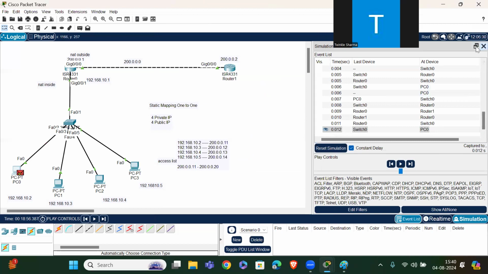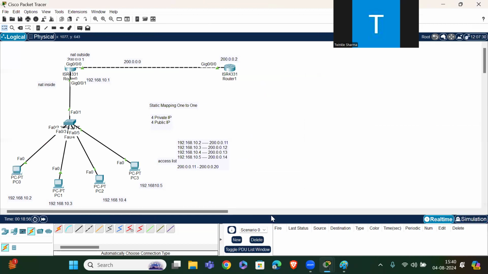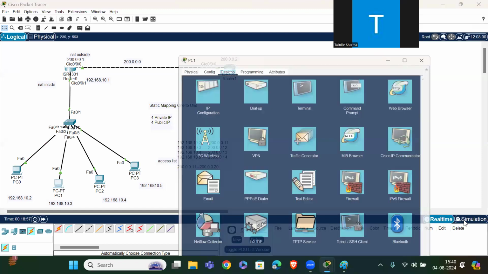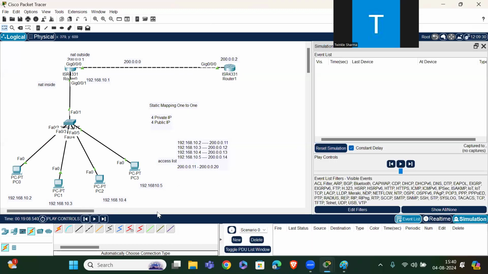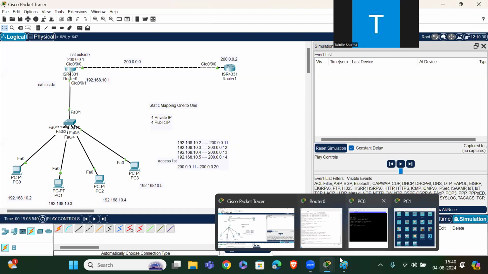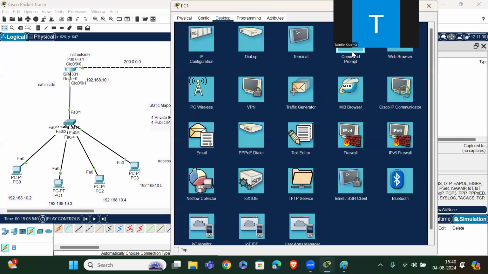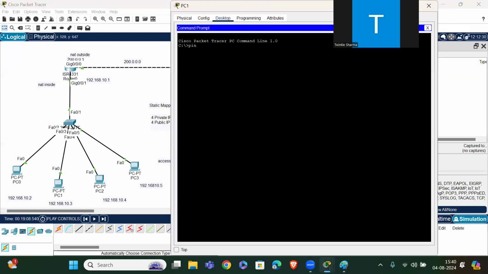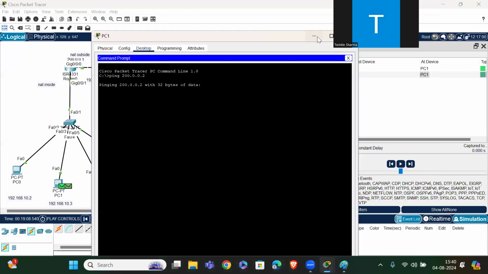Let me ping with this PC also. Ping from PC1 to 200.0.0.2. Okay.